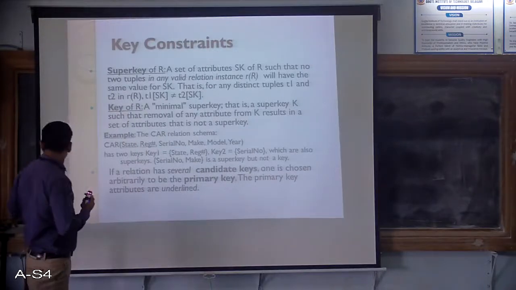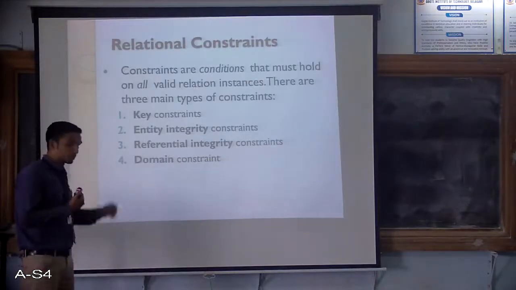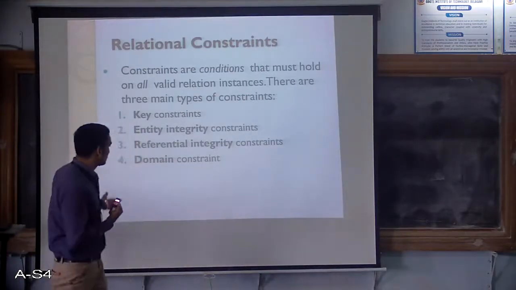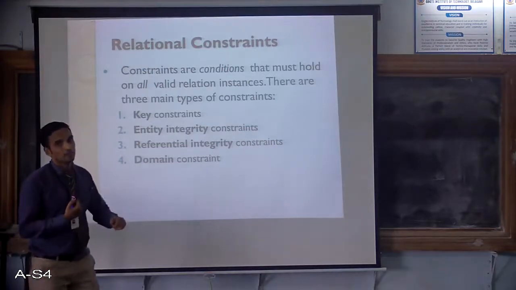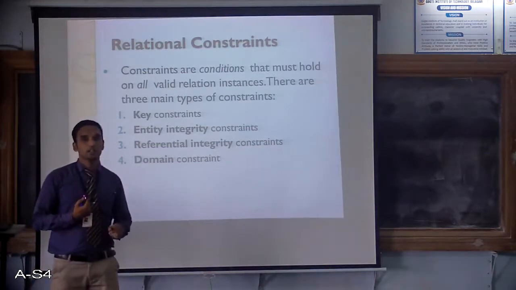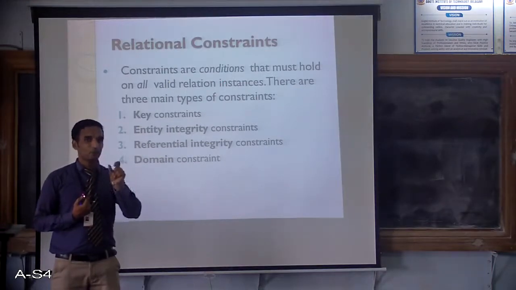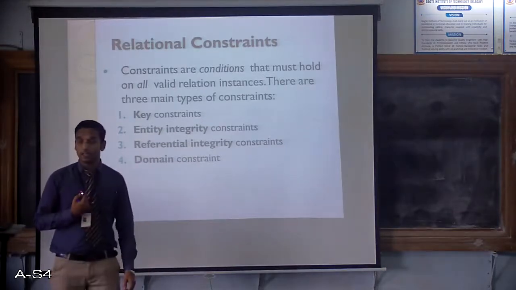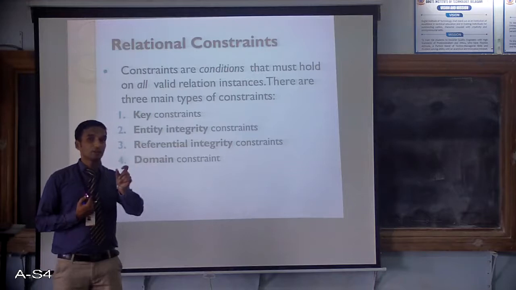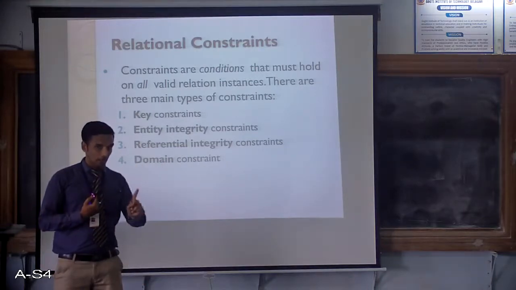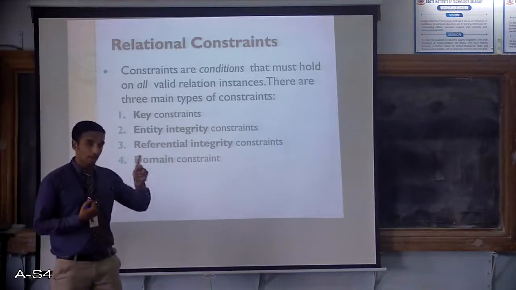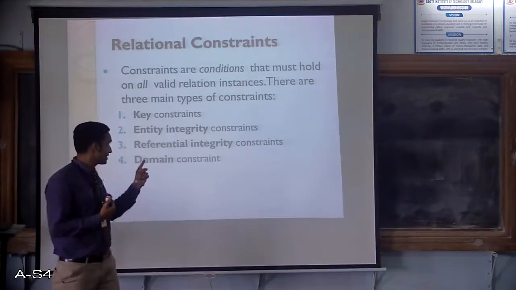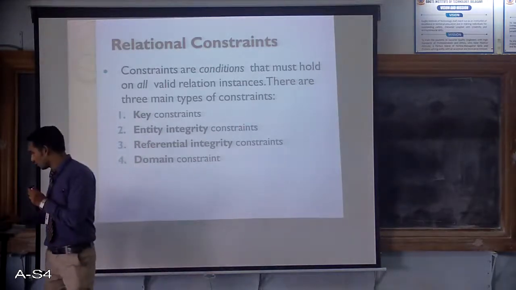The constraints, let's read out. We studied that different types of constraints are key constraint, entity integrity, referential integrity, and something known as domain constraint. Key constraint means no two tuples' key attribute should have the same value. If I get that, we call it a key constraint. Entity integrity: if any attribute is named as a key attribute, its value cannot be null. Referential integrity: the primary key of one table should refer to the other table. If that value is missing, we get a referential integrity constraint. This was what we studied in the previous class.